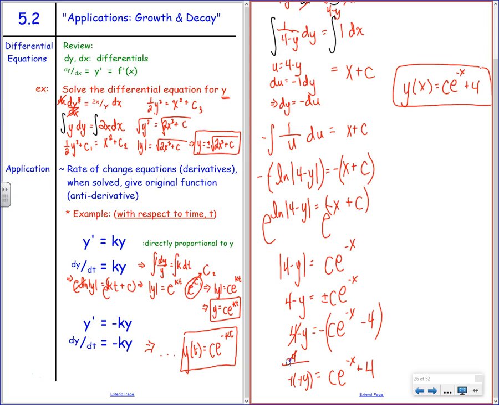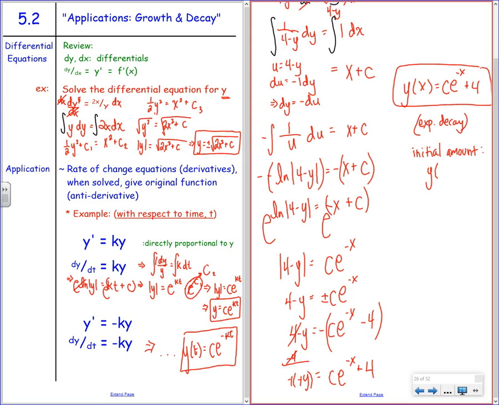Blech. This is technically exponential growth. No, it's not growth. What is it? Exponential decay. And how do you know it's decay? Because of the exponent. However, it's exponential decay. The initial amount, or we would say the initial population, is